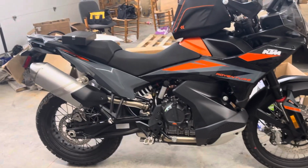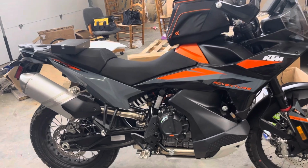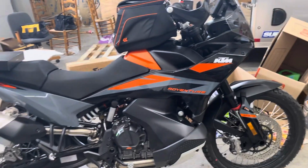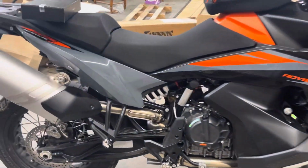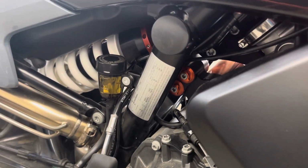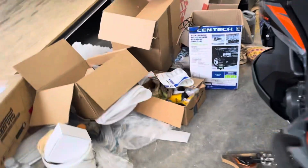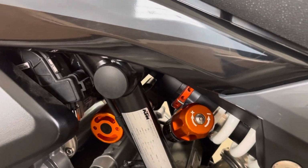I don't need a step ladder to get on something like this. So it's perfect, you know. And I don't have any nose dives when I hit the brakes or going around corners, which works great. And so, as you can see there, high speed, low speed compression dampening, and on the TracTive suspension,